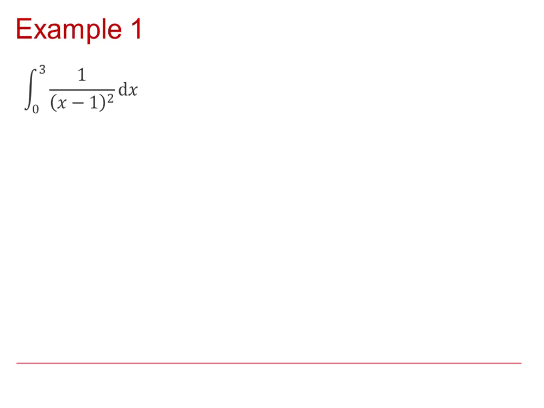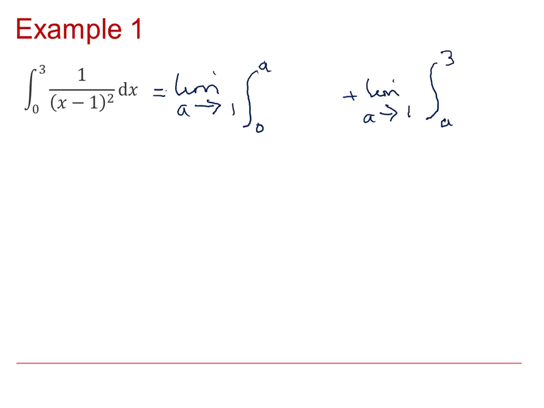The technique we will use here is to split the integral at the problem value, i.e. x equals 1, and look at integrals between 0 to 1 and 1 to 3 by introducing a new variable a, which will tend to the limit of 1 in both split integrals. So just writing in that function then,